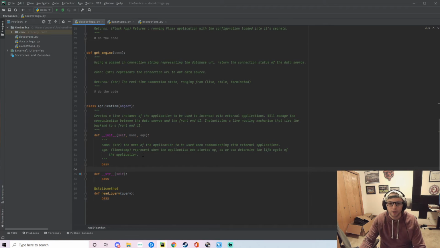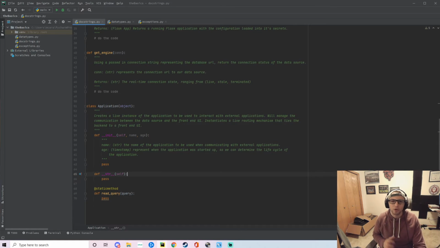Again, you don't need to do a return or a representation of what the constructor is. Every class needs one, so you can leave it out, but do try and do some type of a docstring around the attributes of the class that you're instantiating. So the toString, I'll leave it up for you. Again, this doesn't have to be something you have to do. In my eyes, I don't think you even have to do a docstring here.